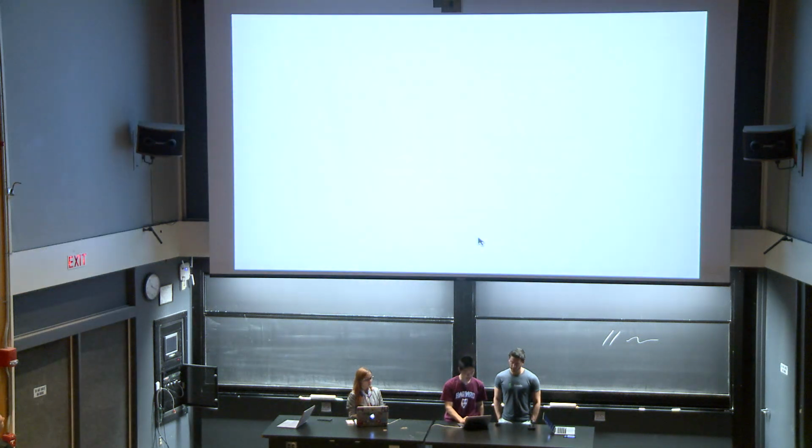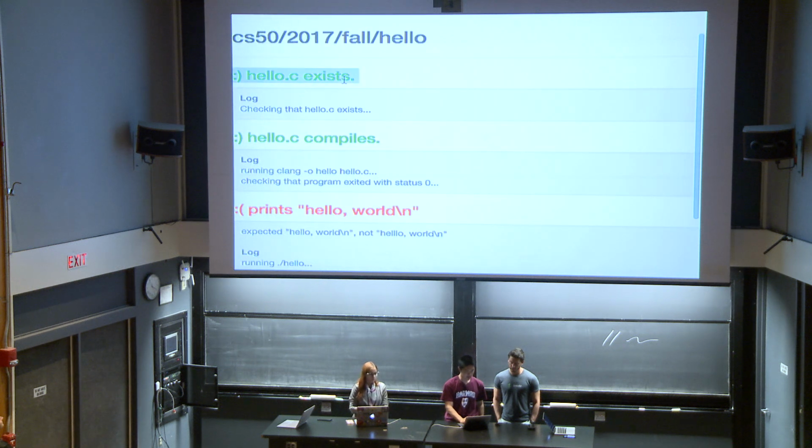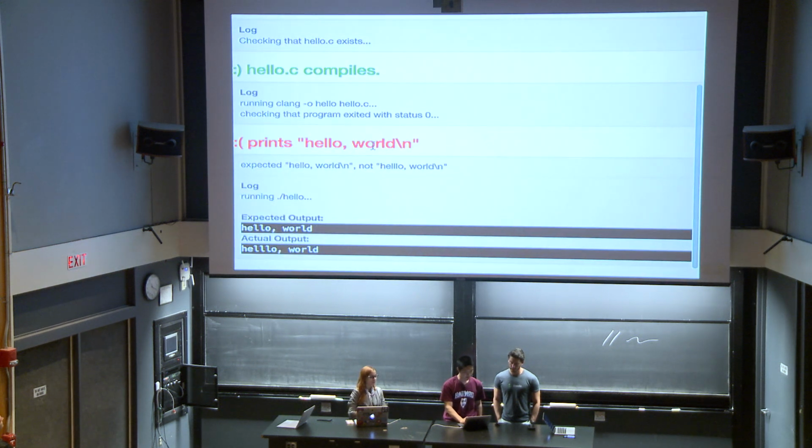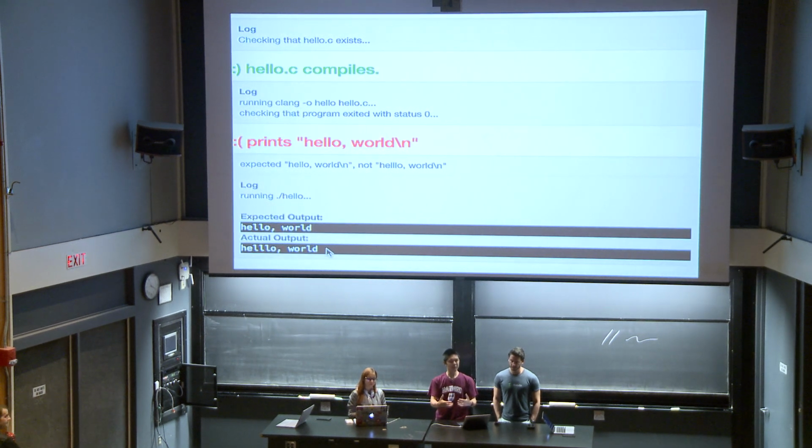If I open that link, I'll be taken to a page that describes each check. Green smiley face means I passed it, and red frowny face means I didn't, and it will allow me to compare, here's what was expected out of my program, and this is what my program actually did. And it looks like in this case, I just misspelled the word hello. And so if I were to fix that, run check50 again, hopefully then I would see all green smiley faces as a result. And so definitely feel free to take advantage of check50 as you're working through these problems to find out, does your program actually work according to what we're expecting out of the program?